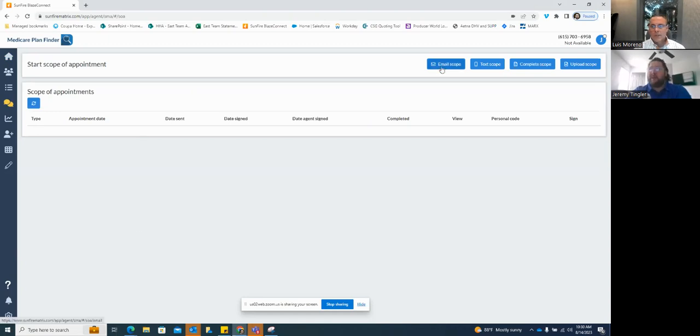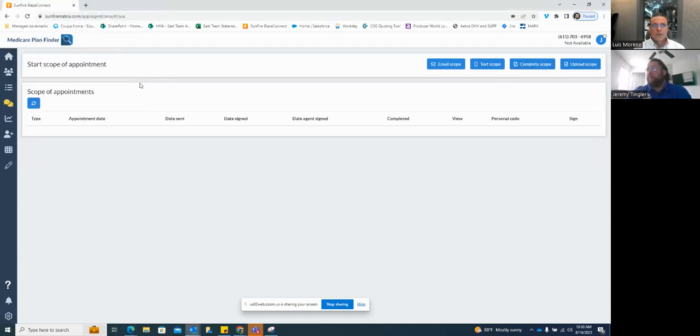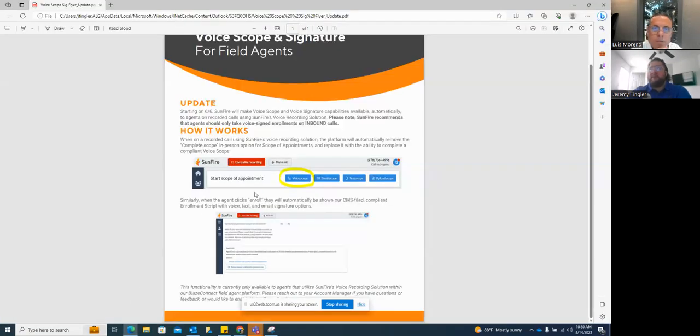You'll be able to see email, text, scope, complete scope, or upload if you have an updated scope if you have a paper. If you are on a phone call, you will see an additional scope option that pops up here, and they call that the voice scope. And that's what it's going to look like right here on the screen. This is the same for your scope of appointment. This is also the same for your enrollment as well, which is going to be a game changer